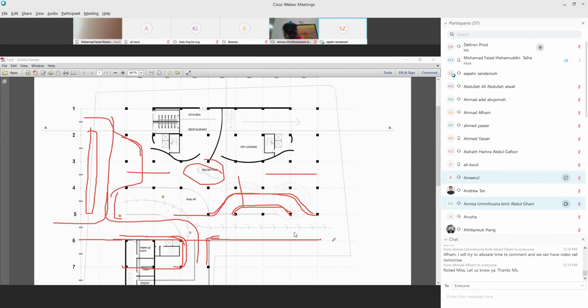I'm not clear whether there's a road in front here. Is there a road there? Obviously no road now, cannot fit. If your bathroom is there, how to fit? The road on the back, you mean? There is actually no road on the back. I haven't put one, but there is a space where we can put the road on the back. There's no more space there. Yeah, there doesn't seem to be any space.